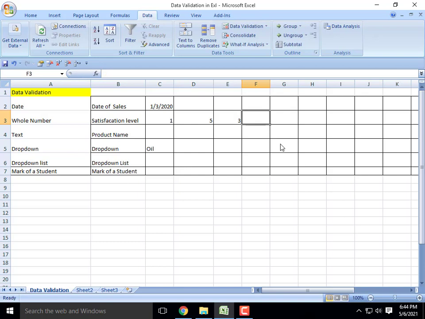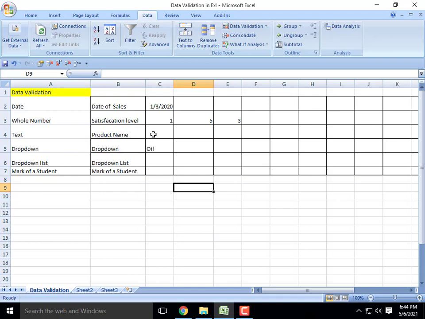One more point: I selected only these cells for my data validation. If I enter data outside this range, it won't work, so we have to select the cells where we want to enter data. So that is for numbers.